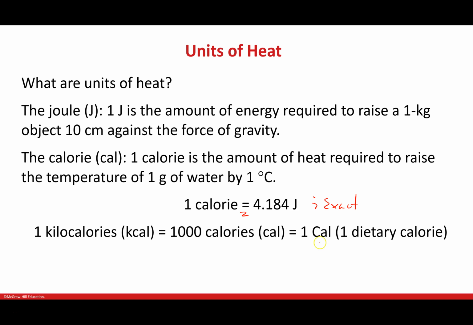And this is what we call a dietary calorie. And the science calories, it takes 1,000 science or thermodynamic calories, lowercase c's, to make one big C. That makes sense, because lowercase is less, so it takes 1,000 of those to make one dietary calorie. So the candy bar calories are over here, and they are related to,